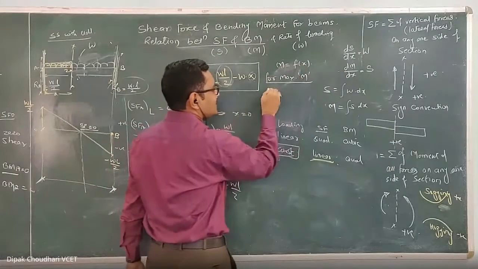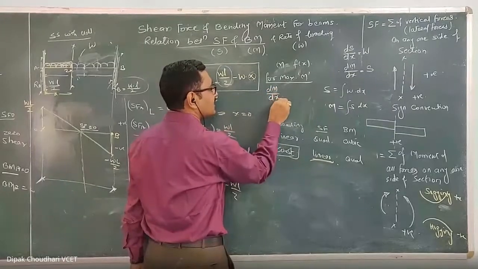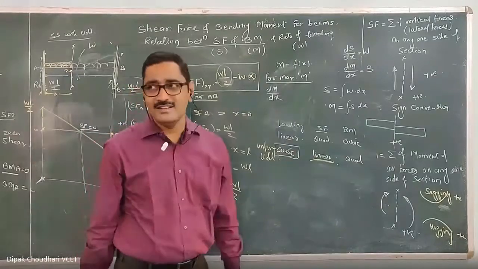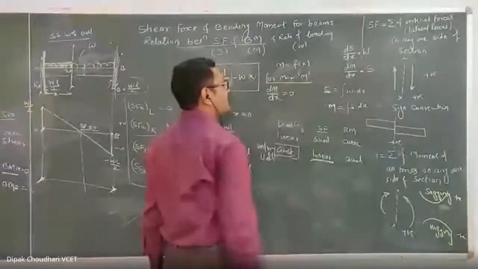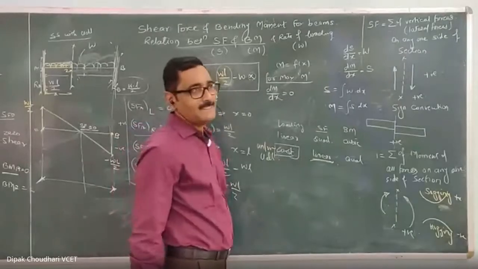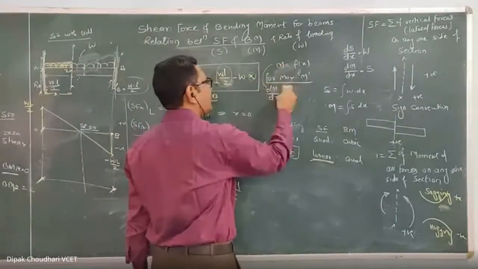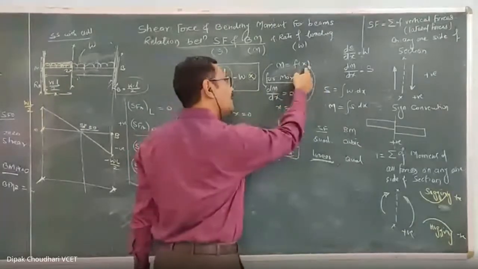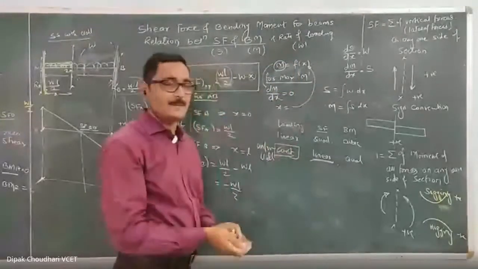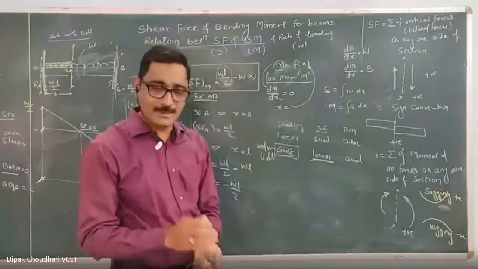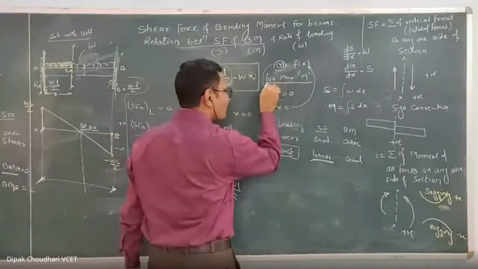Okay. So for maximization of this function, let's differentiate this equation और derivative निकाल के क्या करने का? Equate to 0. So for maximization of the bending moment, differentiate this equation and equate it with 0. If you do that, you will get the value of x, and if you substitute that value of x, the bending moment will be maximum. So this is the maximum value of the bending moment, and this is the position where the bending moment is maximum.